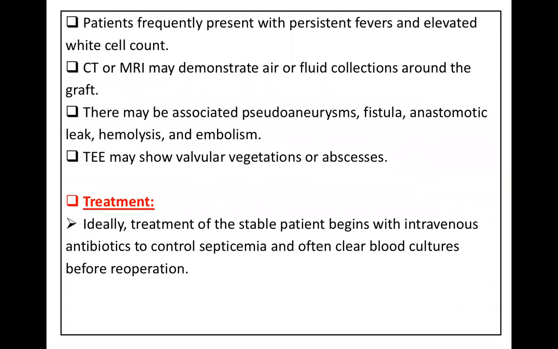Patients frequently present with persistent fever and elevated WBC. CT or MRI demonstrate air or fluid collection around the graft, and maybe an associated pseudoaneurysm, fistula, or anastomotic leak. TEE can show valvular vegetation or abscess. Treatment ideally is IV antibiotics